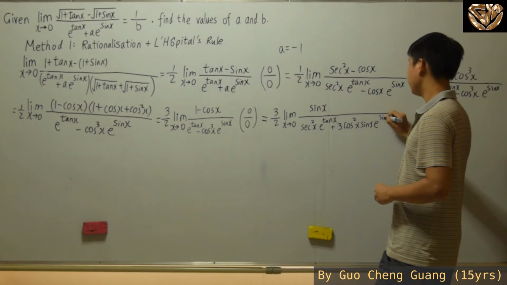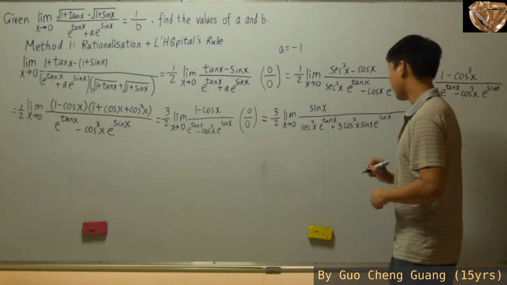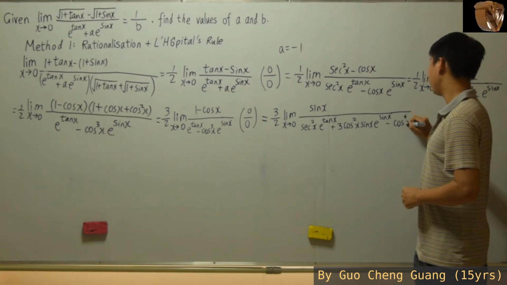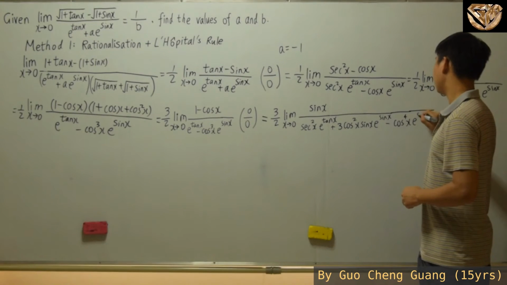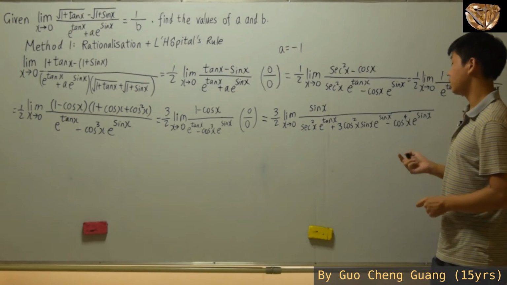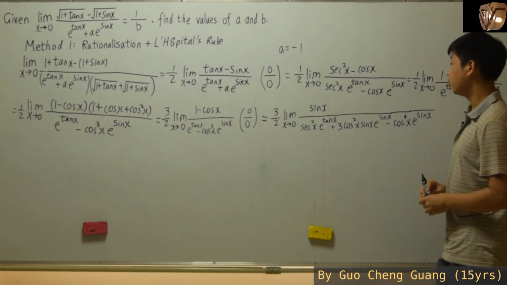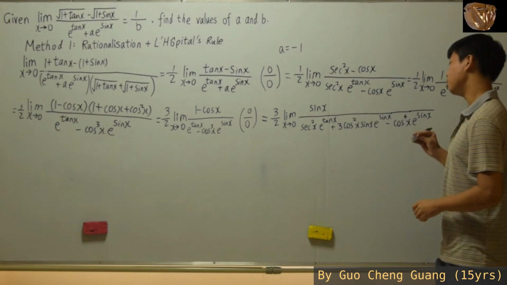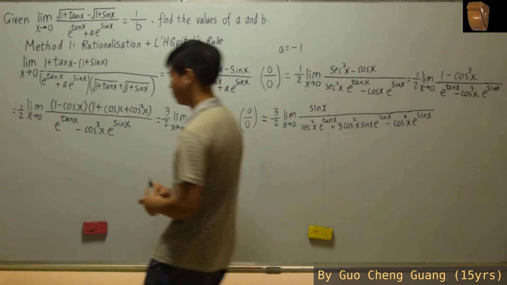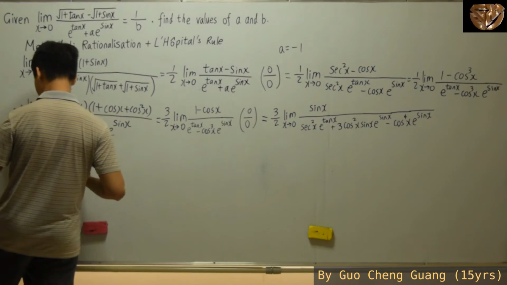Then here you have e to the power of sine x, and then you have to minus cosine to the power of 4x e to the power of sine x. Alright, so now that we have this part, what we can do is multiply both numerator and denominator by cosine square. So when we do that, what we'll have is